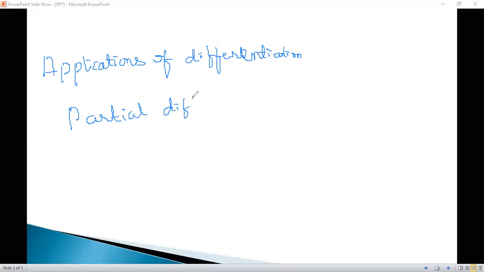Whenever the function depends on only one variable, then we have to differentiate the function ordinarily. In case it depends on more than one variable, then you have to go through partial differentiation. It may be a function of two variables or a function of three variables, or whatever it may be, if more than one variable is there, you have to apply partial differentiation. Here we have discussed how to find the partial differentiation of a function of more than one variable, followed by how to find the Jacobian of a function,